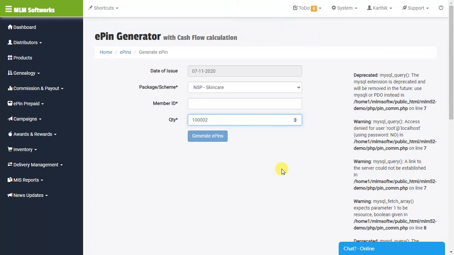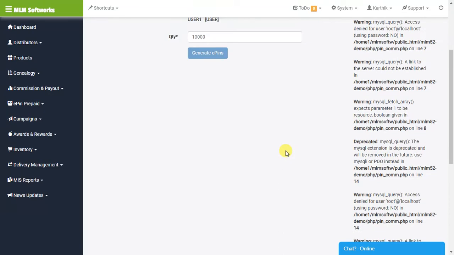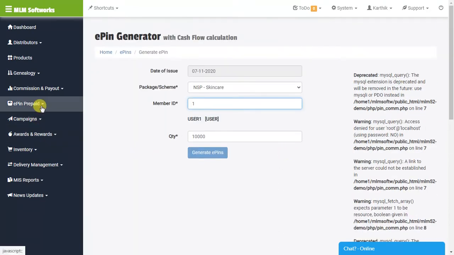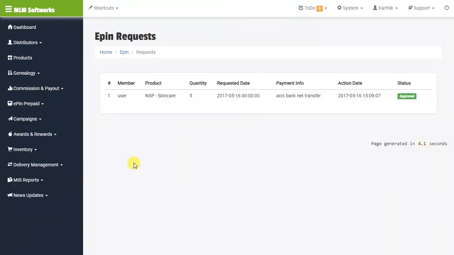You can simply click the member ID and generate ePINs here. A member can also request an ePIN, and the admin can approve or decline it.